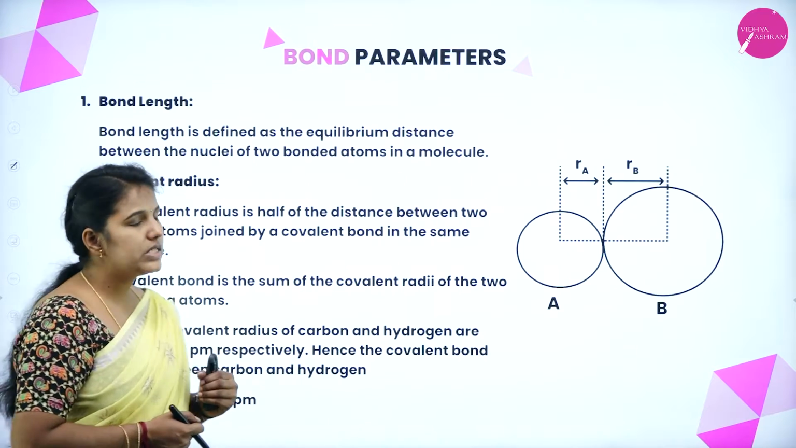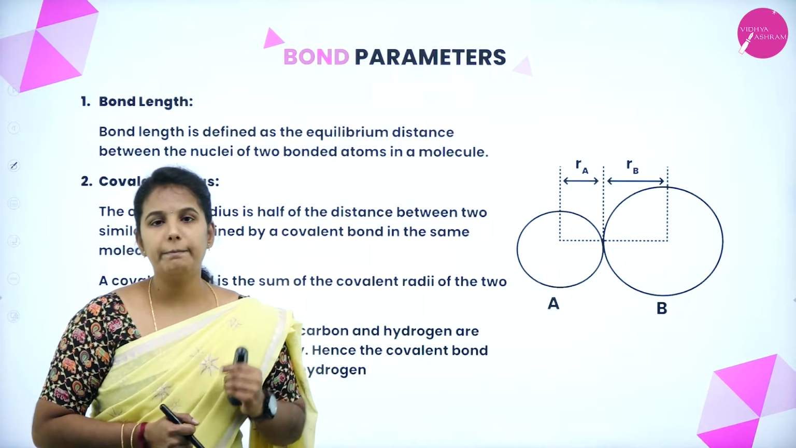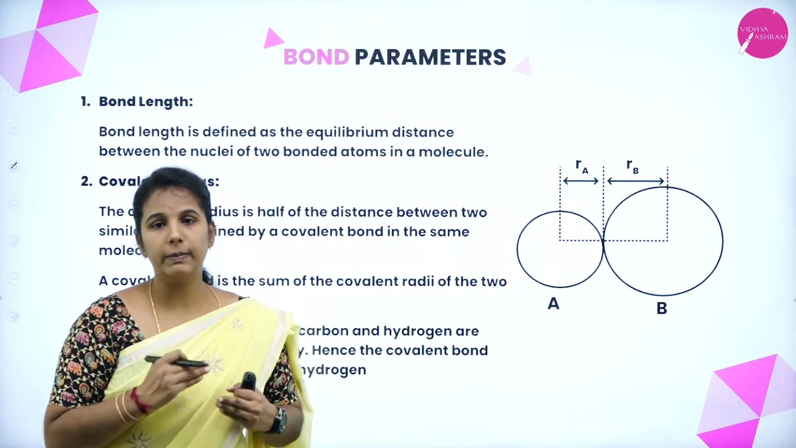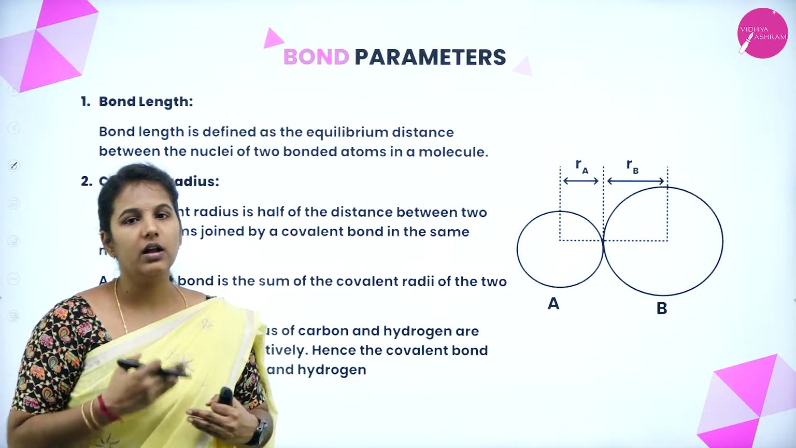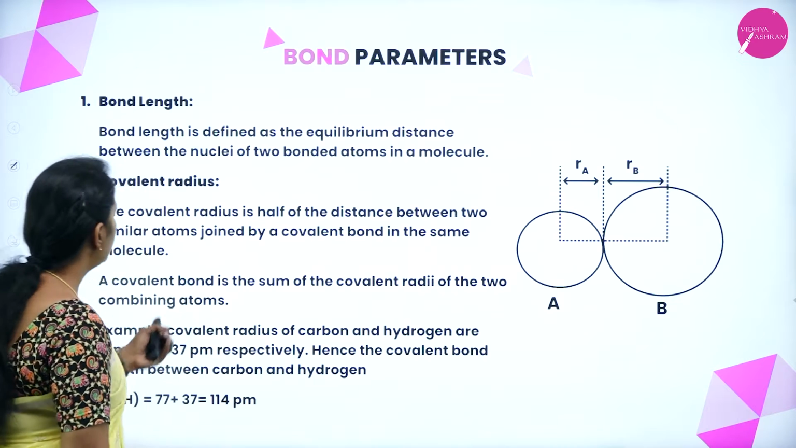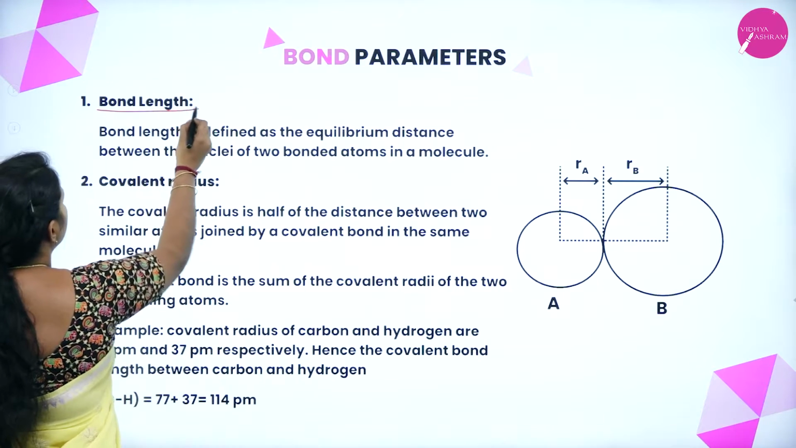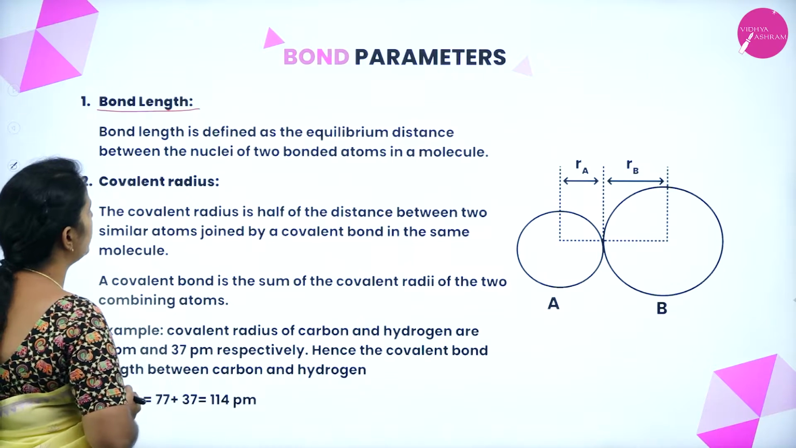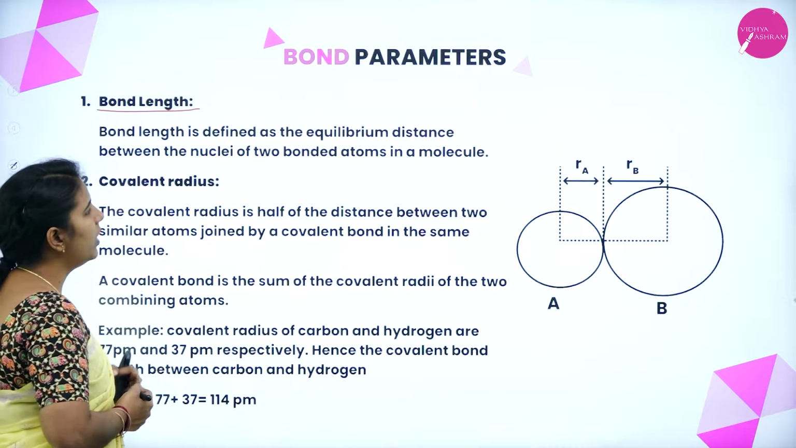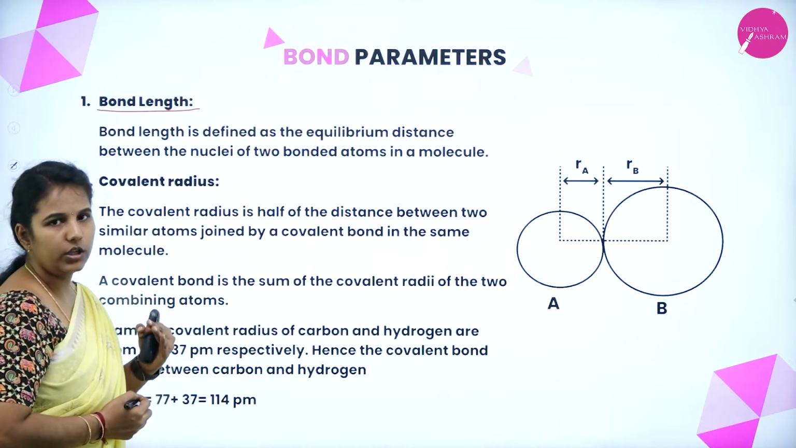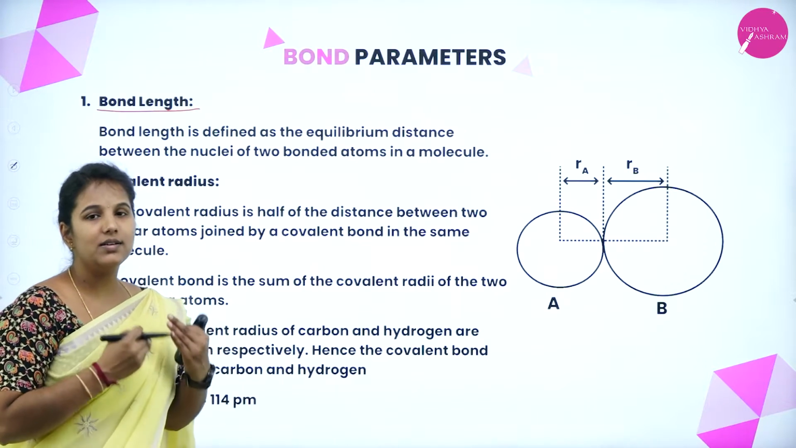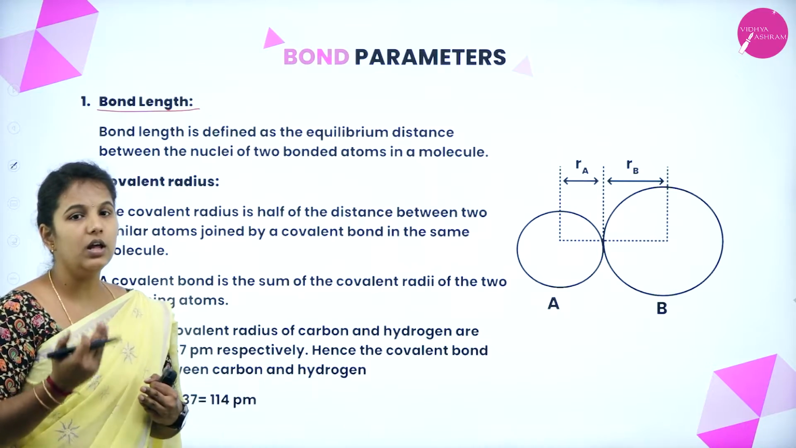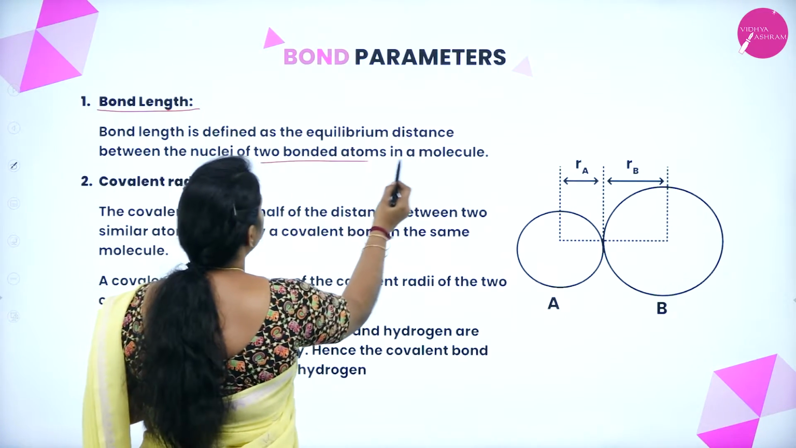Okay. Next, we will look into the bond parameters. In this, we have plenty of bond parameters. We'll understand them one by one. First I'll go with the bond length. Bond length is defined as the equilibrium distance between the nuclei of bonded atoms in a molecule. So it is nothing but a distance, the equilibrium distance between the nuclei of the two bonded atoms, which is known